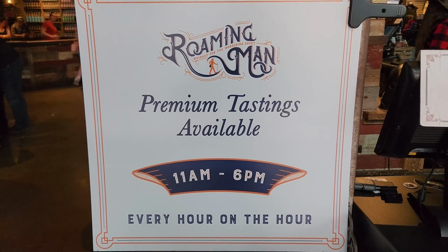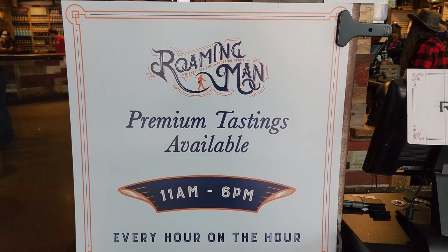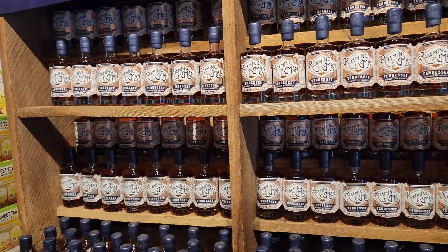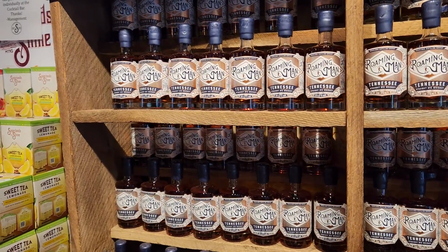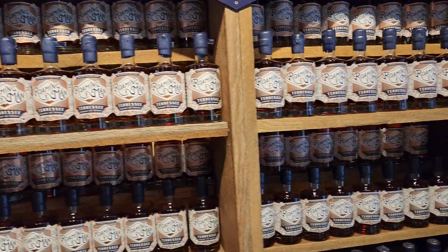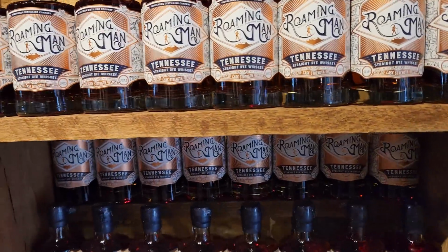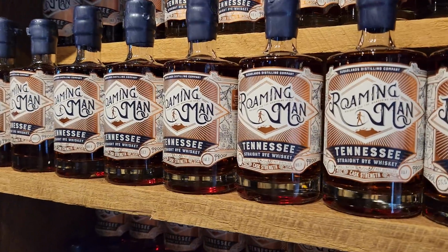A new thing we have never done before is a premium tasting here at Sugarlands. This was the first time we did the premium tasting. You can get 1 whiskey for $11 or pay $22 for 3 different whiskeys. They change, of course. Our favorite was the 14, which is